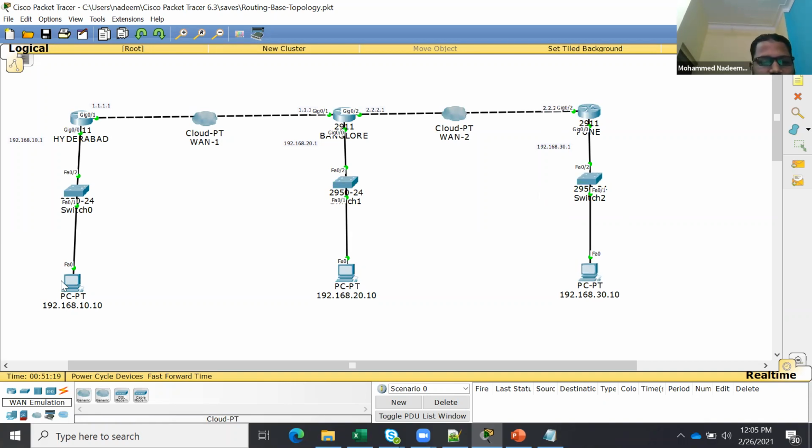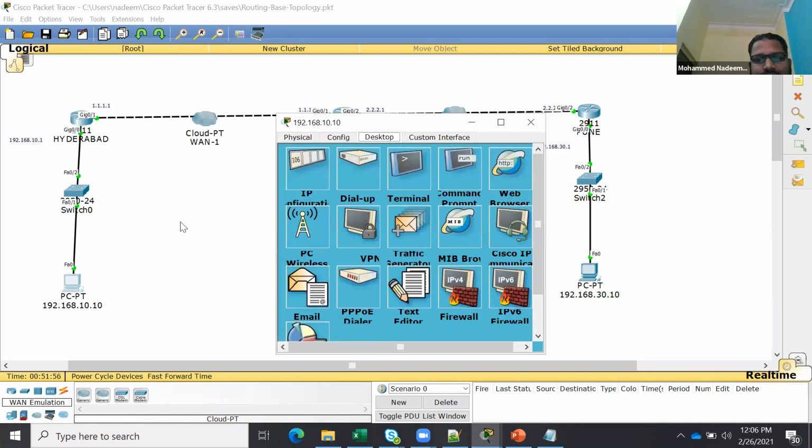To the Hyderabad router, I don't know this network, this network, or this network, so I'm going to add those routes. Before that, let's ping from the Hyderabad machine.